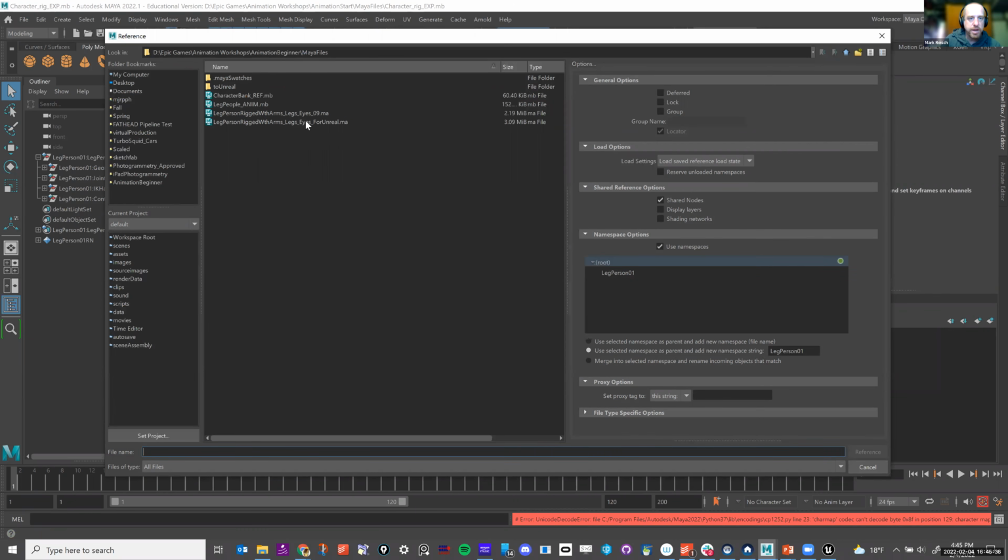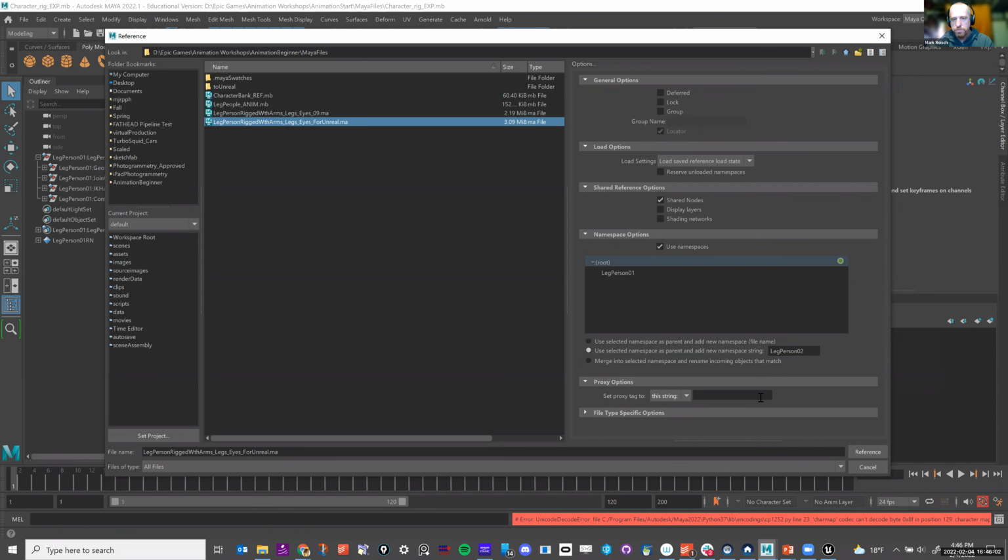I'm going to find the reference, and it's going to be this leg person 4, and it's going to be the exact same character, but now under namespaces, it's not going to be leg person 1. This is going to be leg person 2.